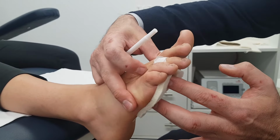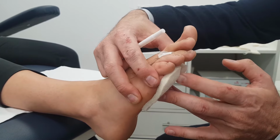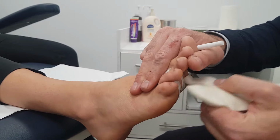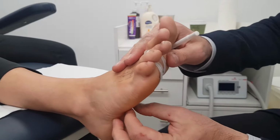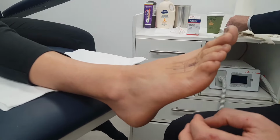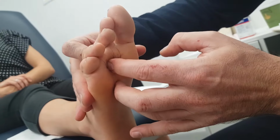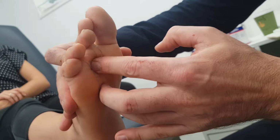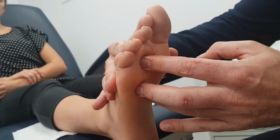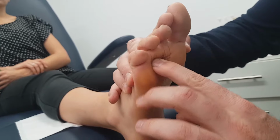So with lateral compression, sometimes I'll push up and I'll see if I can reproduce the pain. The majority of the time I can't. But then I'll get my finger, so you're in the metatarsal space. Now I can already feel that I'm pushing up on the third. But I'll get my finger and I'll take it from here and I'll roll it onto the third, and then I'll roll it onto the fourth